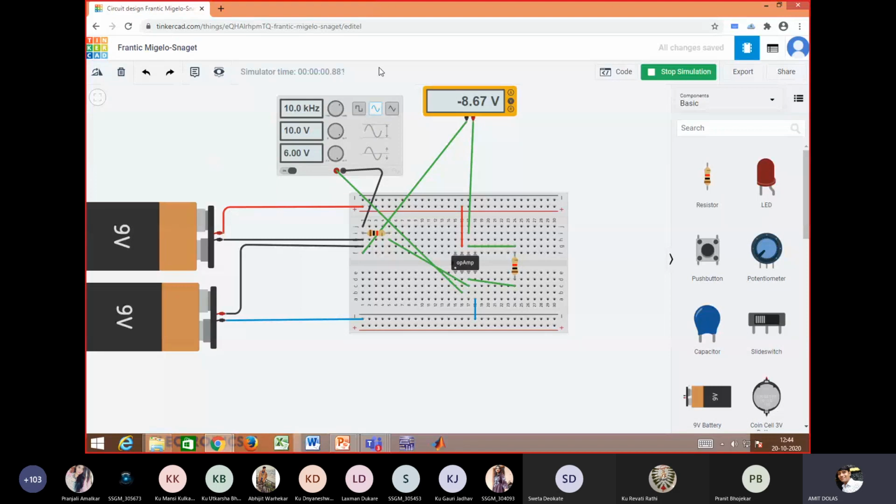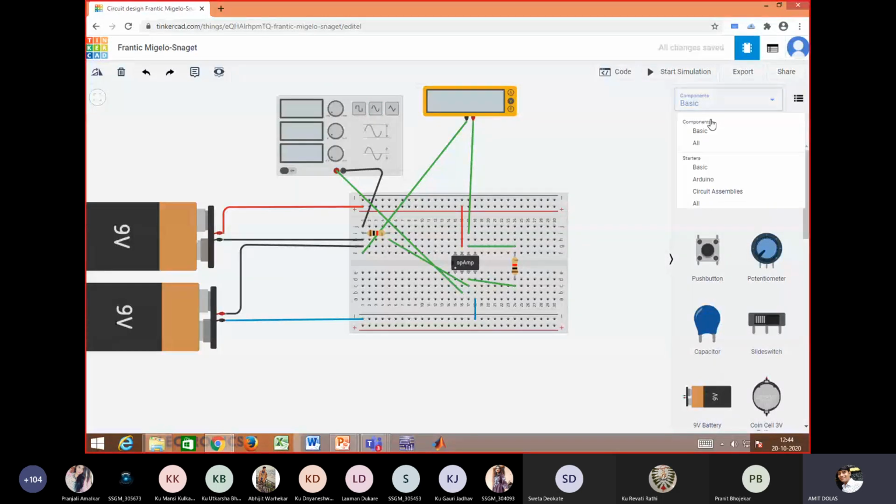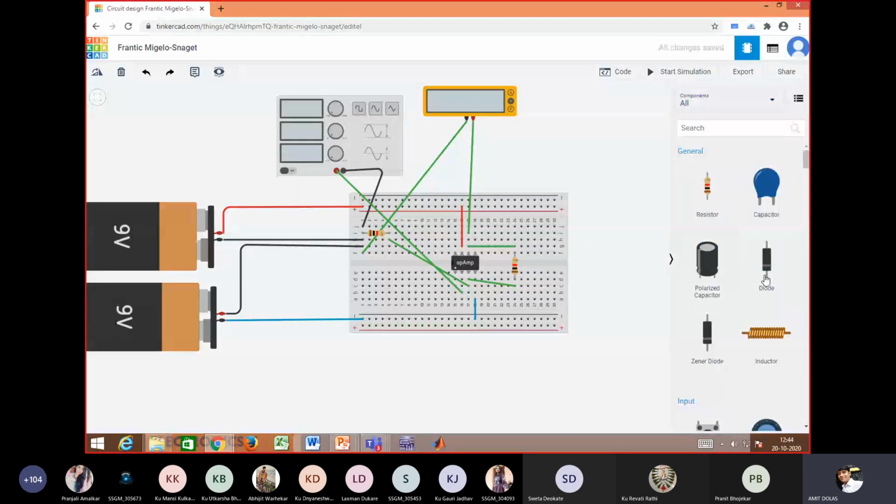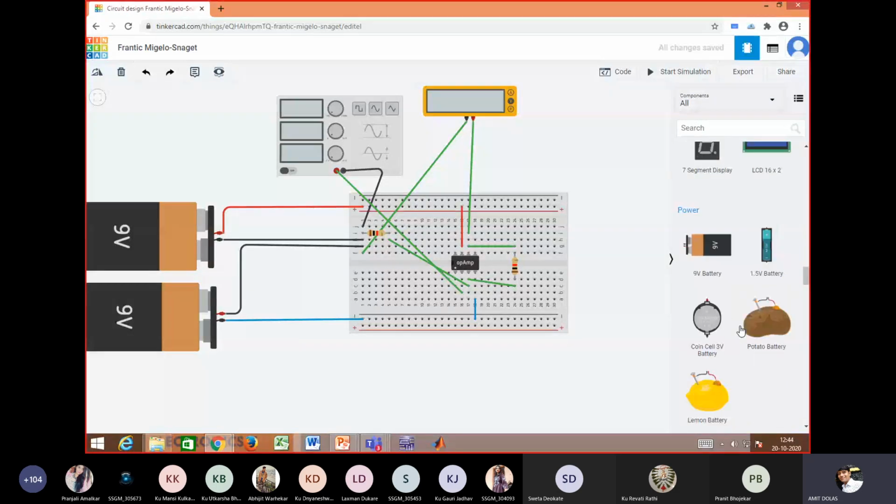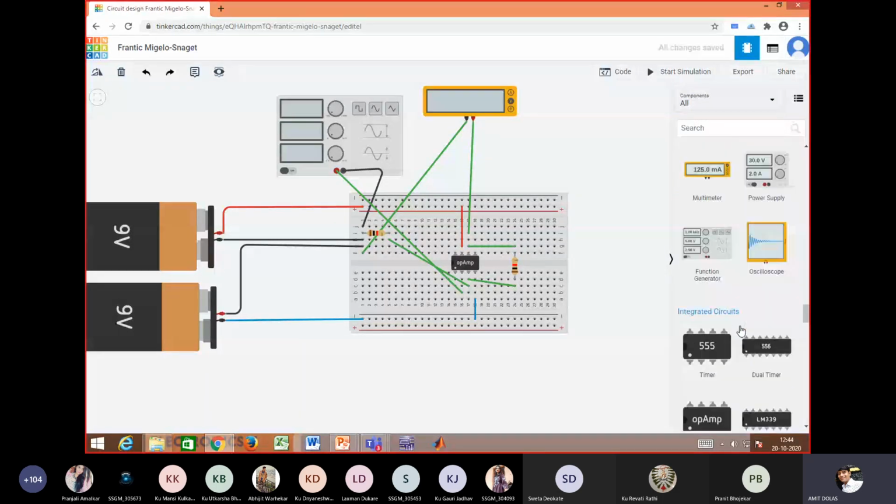Let's see the waveform now. I need one CRO. CRO 10 kilohertz means 0.1 millisecond. Remove this voltmeter now.